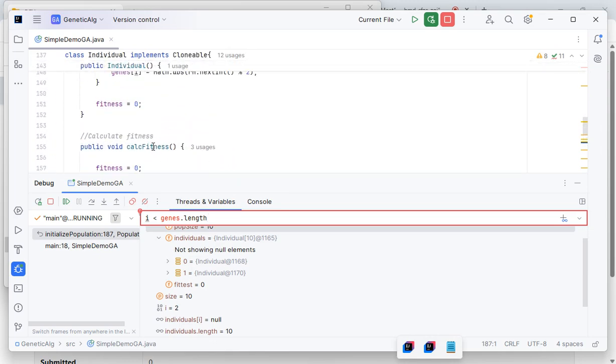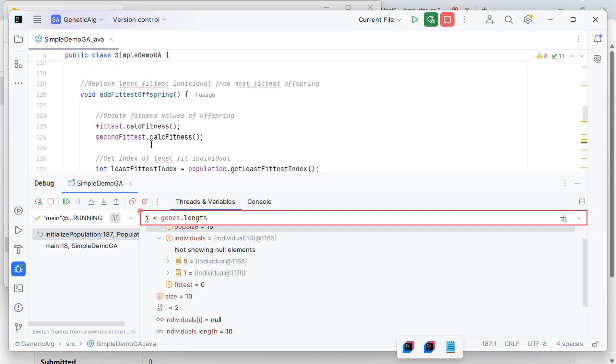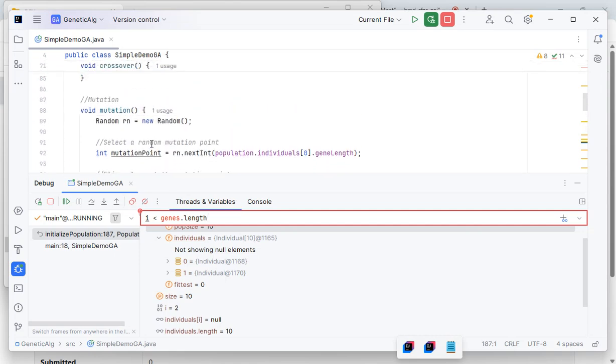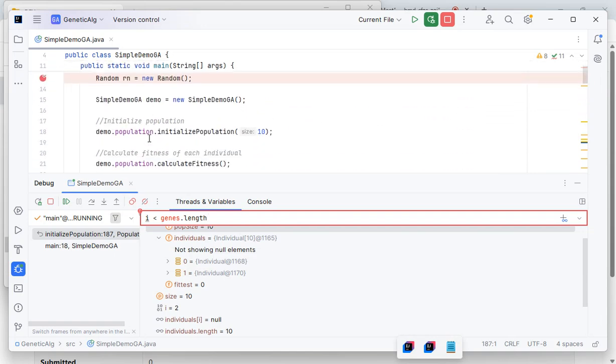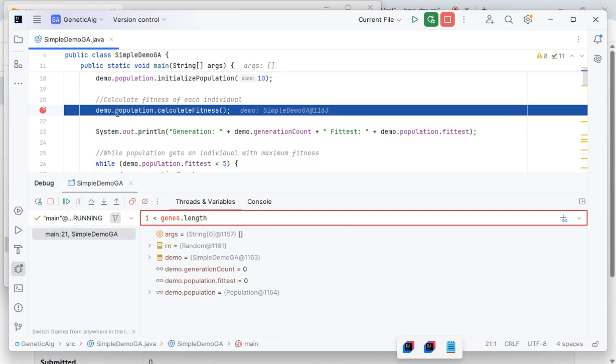We can put another breakpoint in our code. For example, you want to go strictly to another line. You see, now you are somewhere here, at initialize the population. But you can put the next breakpoint here, and then you have to press resume program. You see, you just press resume program, and it comes to the next breakpoint. This is very useful